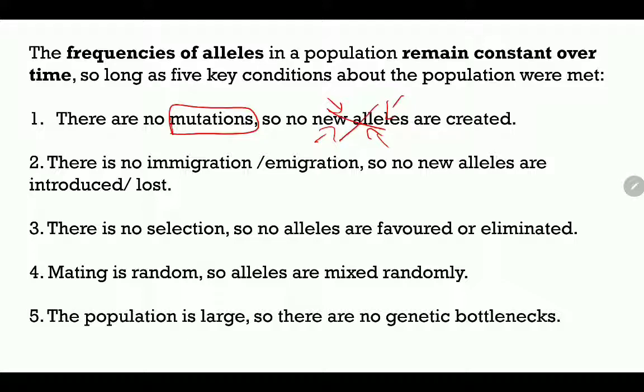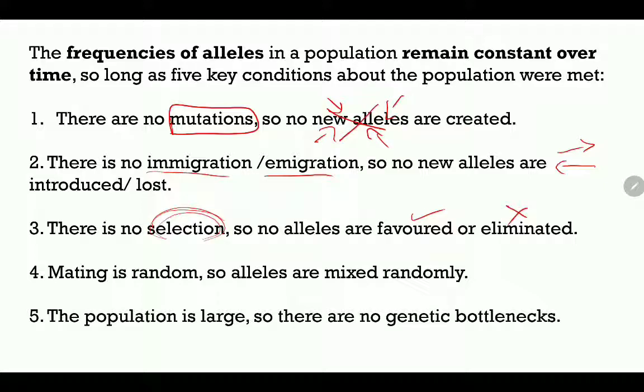We don't want any new alleles coming into the population or going out of the population either, because that will change the frequency of the alleles as well. We can't have any selection either, so we can't have any specific trait being favored,